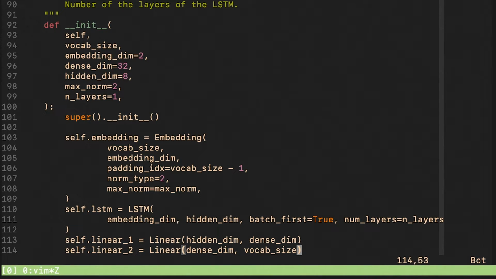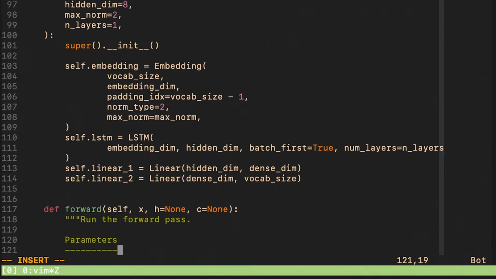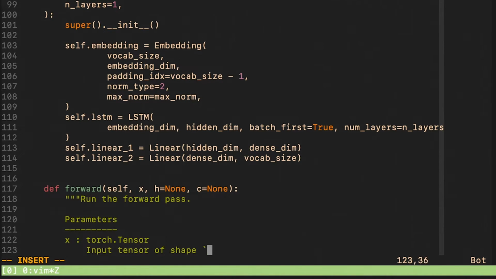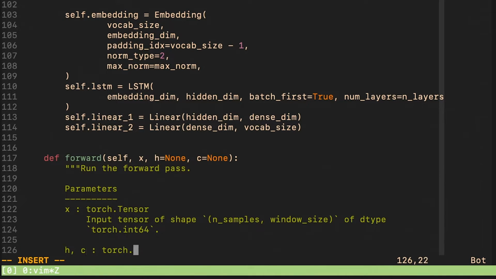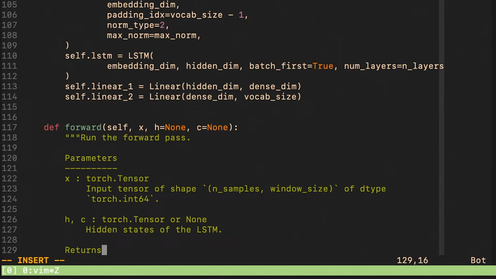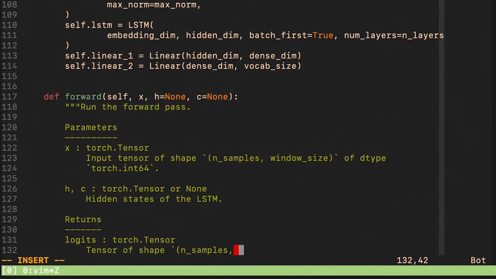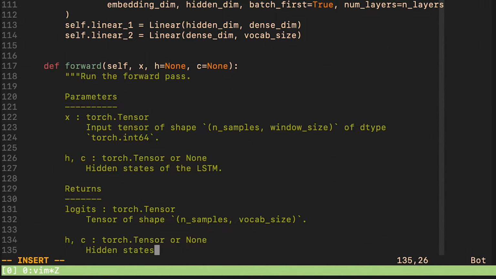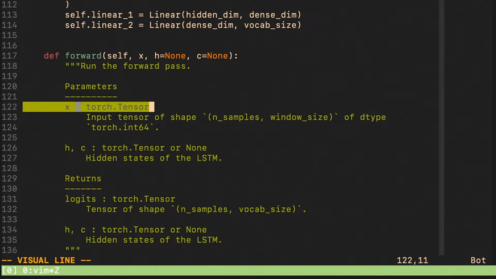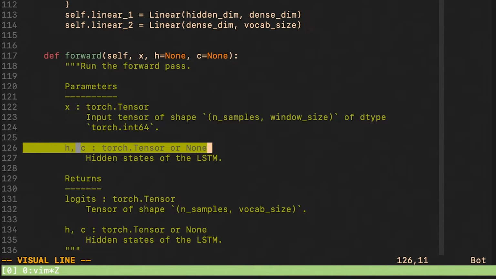Let us now define the forward pass. The X will represent the characters in our window for each sample. H and C will represent the hidden state of the LSTM, however, they do not have to be provided.